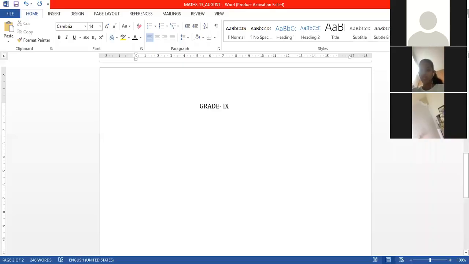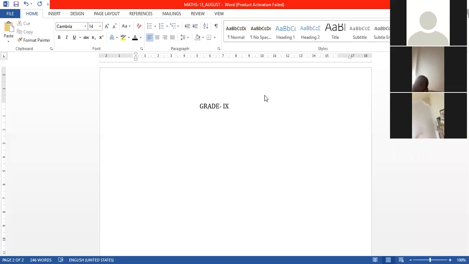In the previous class I explained the side and angle-side-angle congruence conditions. Again, I am recapping, students, what is the meaning of congruent figures. If two geometrical figures have the same shape and size, that is called congruent figures. If two geometrical figures have the same shape but their sizes are different, that is called similar figures. After that I explained the side-angle-side congruence rule. If two sides are equal and one angle is equal, then we can apply the side-angle-side concept.